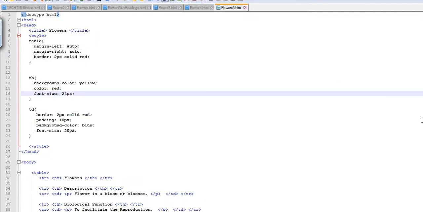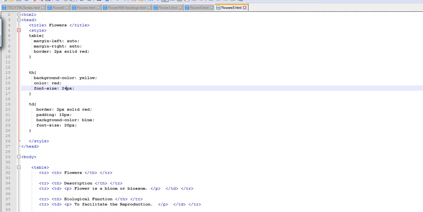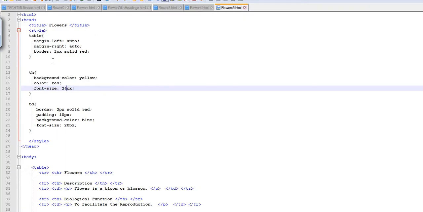So you can see here she is using a table, and TR stands for row, TH stands for heading, TD stands for data, and P stands for paragraph. She comes up with this data, and she is using background colors. As we saw here, she gives the background color for the heading as yellow, and for data she gives blue color. So she uses all this code. That's all. This is said to be HTML and CSS.